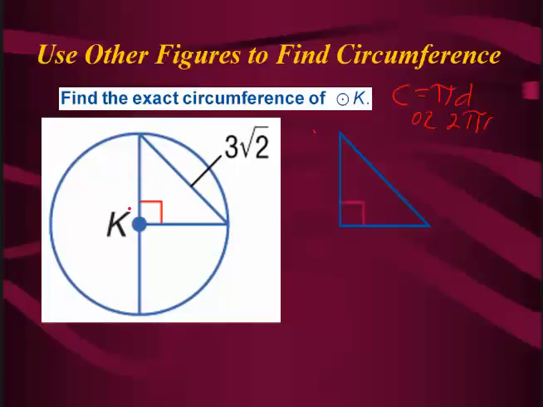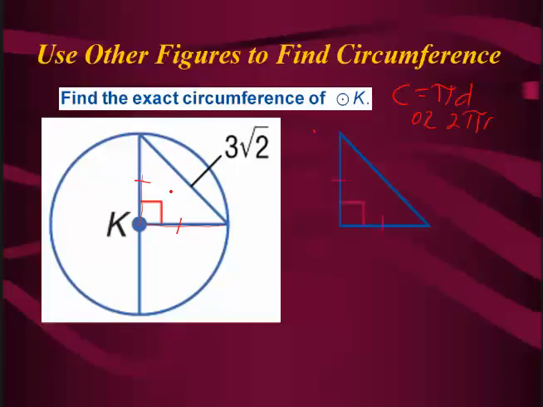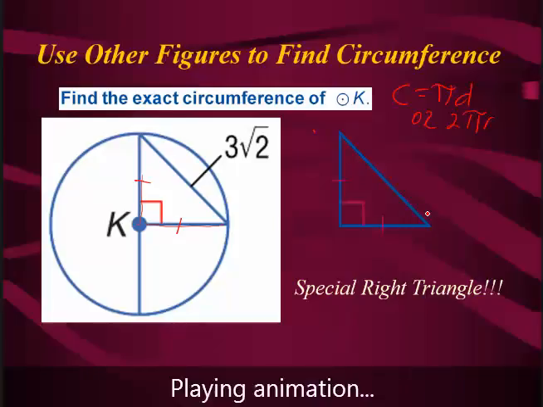Well, both of the legs of this right triangle start at the center and go to the edge. So what does that tell me? They are both radii, first of all, is what I know. And because they're both radii of the same circle, they are congruent to each other. So both legs are congruent. That means this is an isosceles right triangle. It is one of our special right triangles. If it's isosceles and it's right, then these angles have to be how many degrees? I hope you said 45. So this is a 45, 45, 90